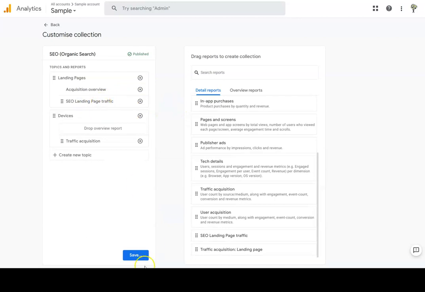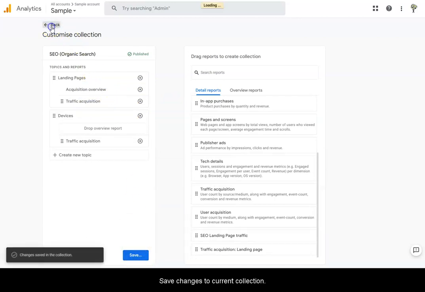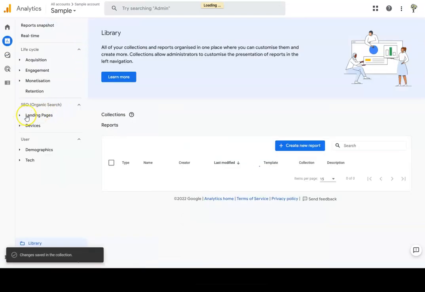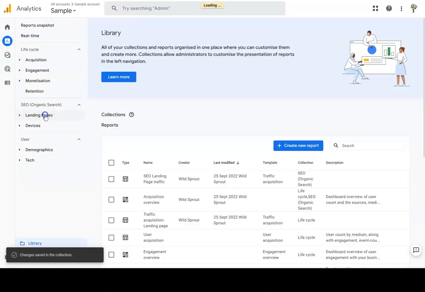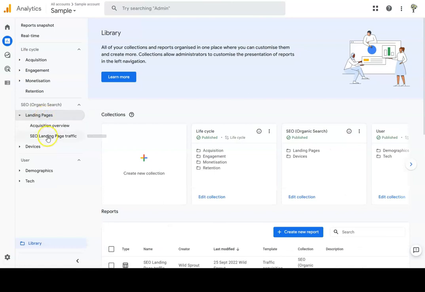So I'm going to throw that in there, and save changes to current collection,